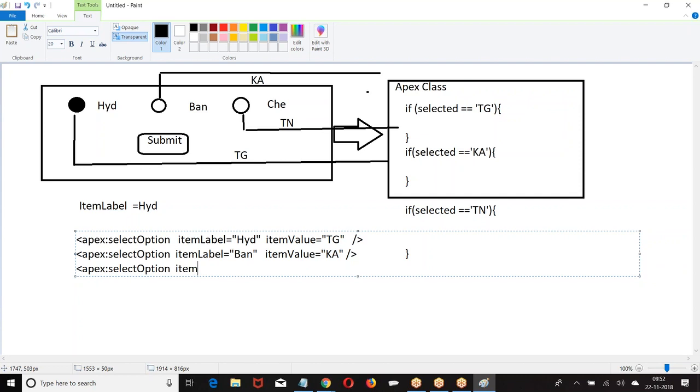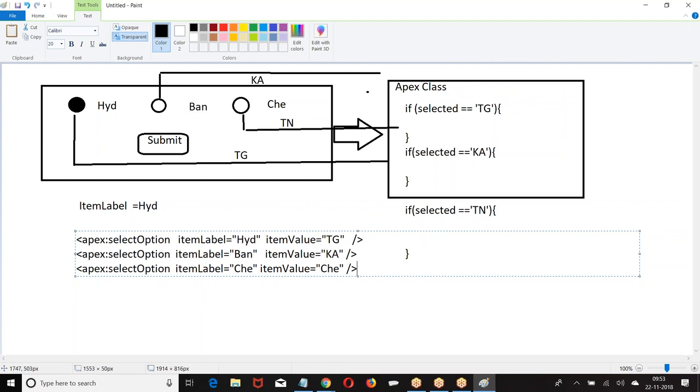Now if you want to give both the same, label is also Chennai and item value you also want to submit as Chennai, no issue. Label is how the option will be displayed on the UI. When I select this option, the value that goes to the server is item value. If I write a program on the server, we will know what you have selected. Till then I will not be able to show you what I have selected. Are you clear about it?